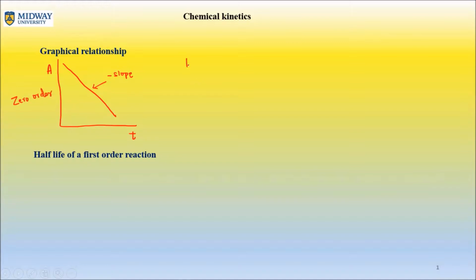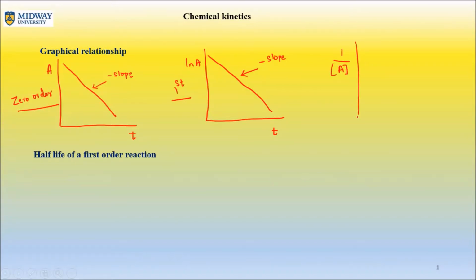If you have natural log of concentration versus time, and you have a graph that has a negative slope, that is first order. And if you have 1 over concentration as a function of time, and you have a positive slope,